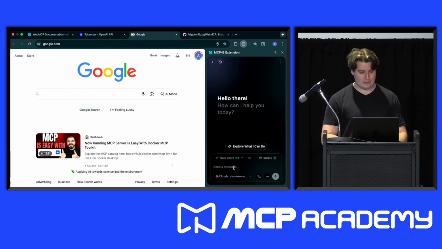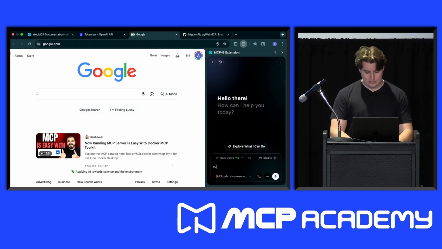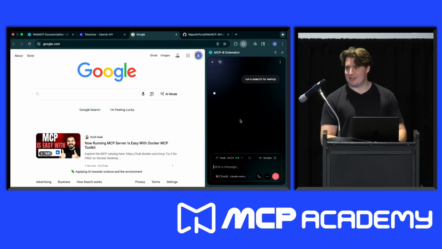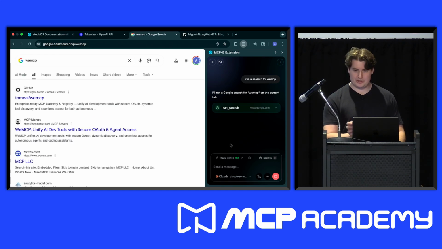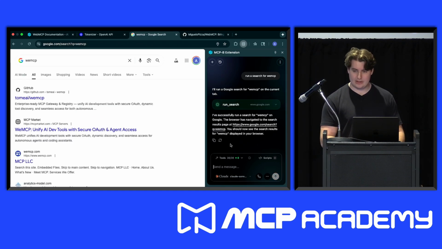So we can run some things here. We can just have it run down some tools, and it will do so. This is what it looks like. So run. Well, didn't do the correct thing here, but we'll see. But it's calling tools. So this is just like you would see in Cursor or something like this. It's just calling tools on the website. So if you want to do a little bit more advanced, okay, research WebMCP, and send an email to,